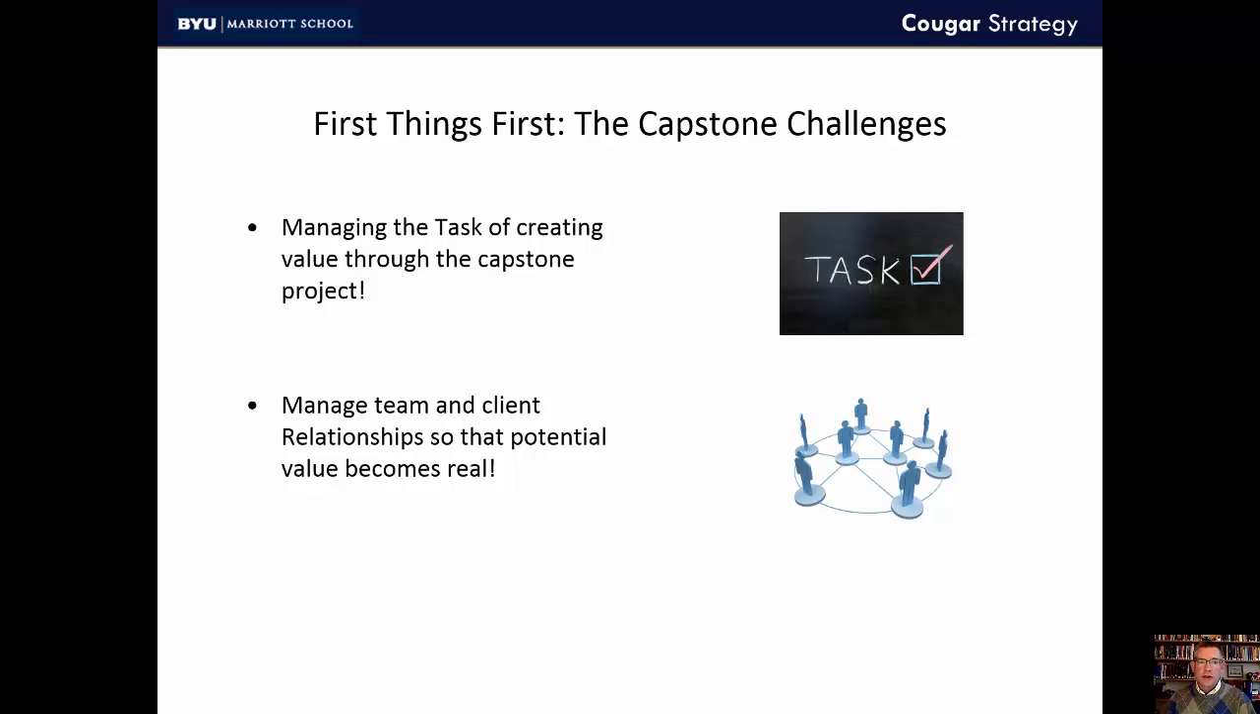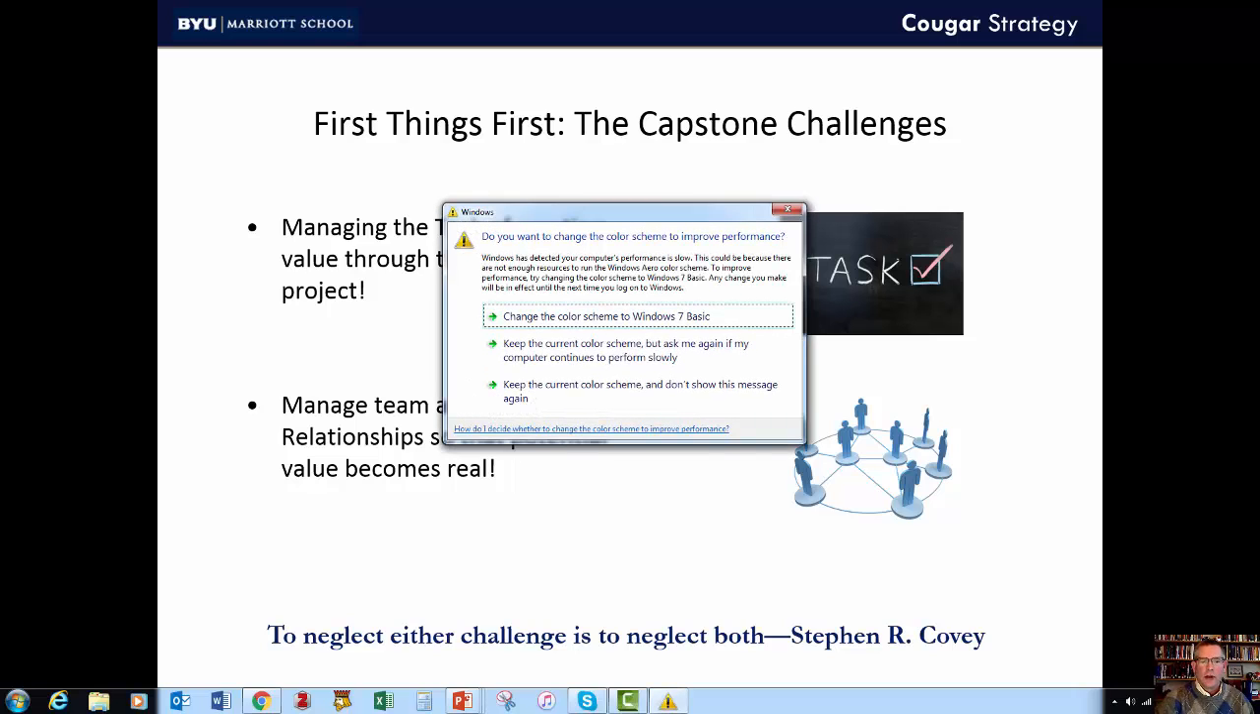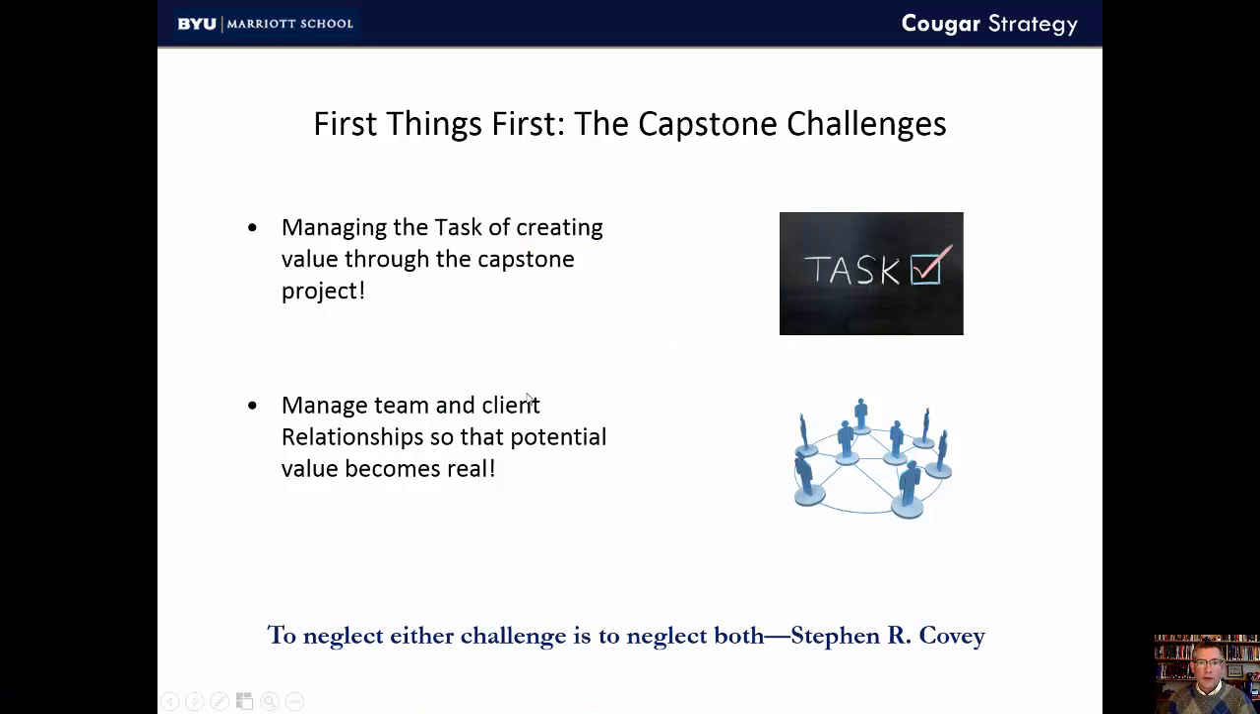Secondly, you have to manage a set of relationships, both between your team members and, very importantly, with your client. And you've got to pay attention to both of these tasks and spend almost equal amount of effort on each one, because I love the words of Steve Covey, who said, if you neglect either one of these tasks or either one of these challenges, you'll neglect both of them. So in order for you to be effective in the capstone project, you really have to work with your client, and you have to work to preserve that relationship, and you have to do the task work. So now with that in mind, let's move on and talk about